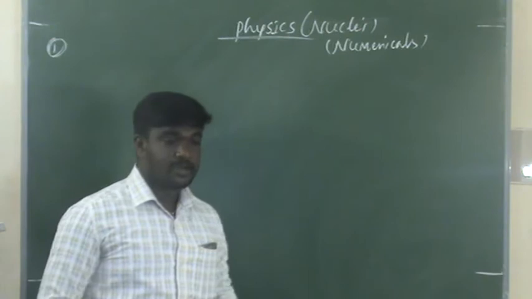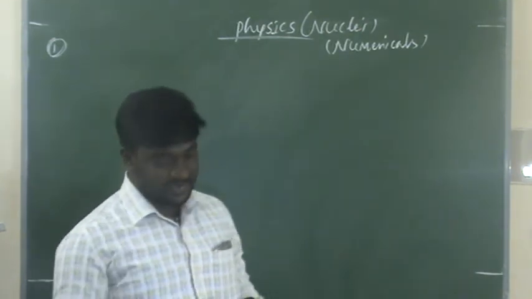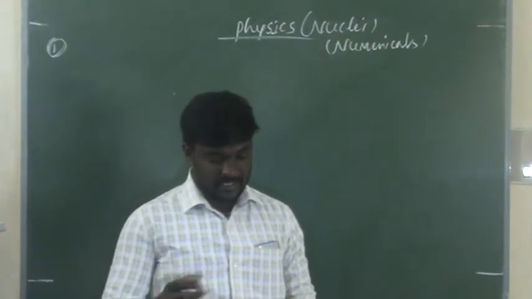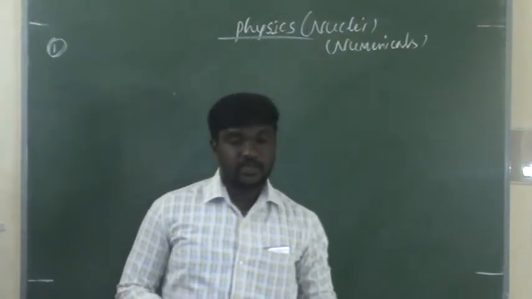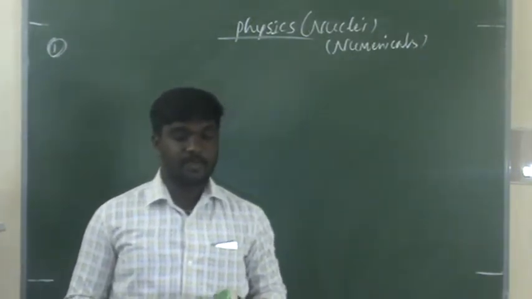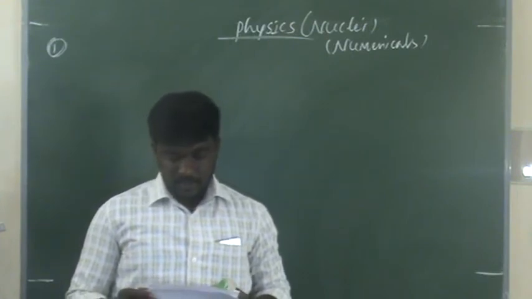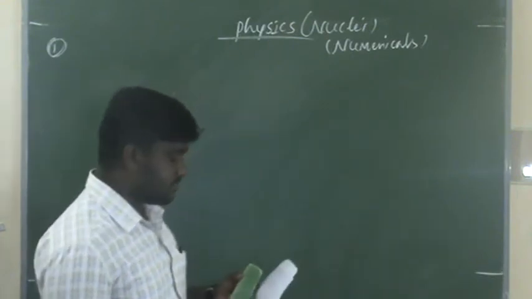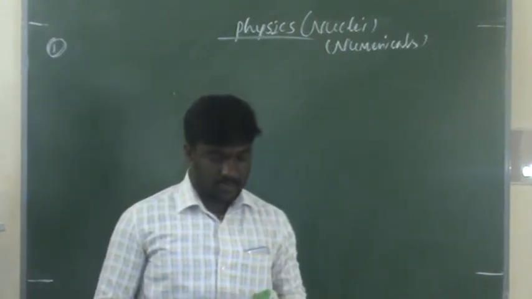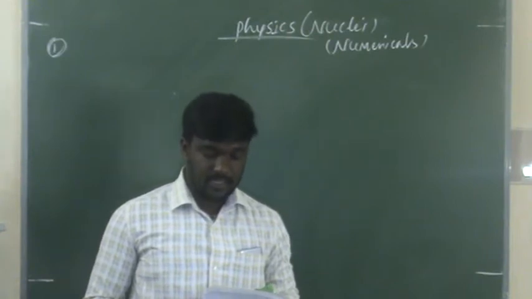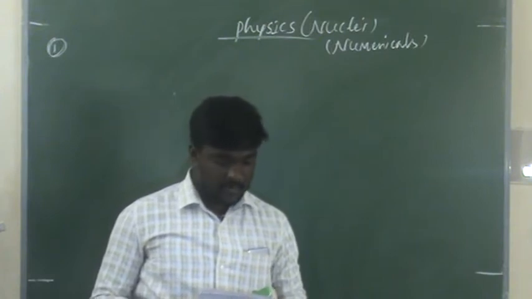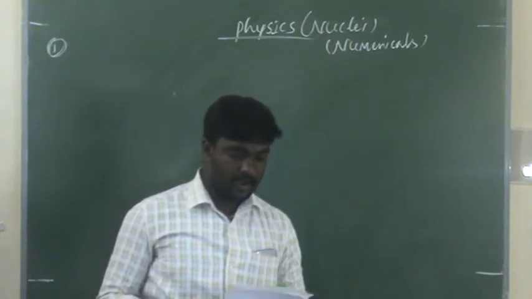So the first numerical. Don't write it down, I'll send you the PDF copy. Just listen. The two stable isotopes of lithium, 3 lithium 6 and 3 lithium 7, have respective abundance of